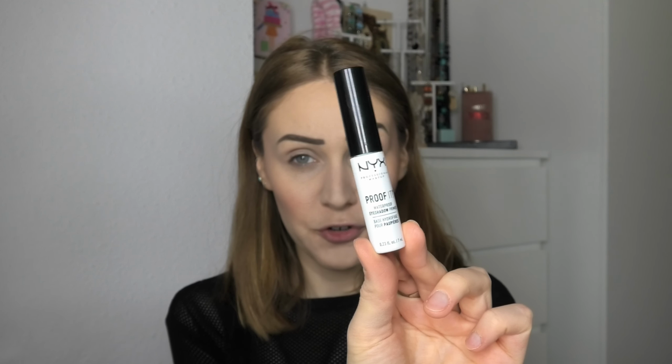And now let's move to the eye makeup, and I will prime my lids using this eyeshadow primer from NYX Cosmetics. It's called Proof It, and I will use my finger to blend it, and then to fix the eyeshadow primer I will be using the finishing powder from NYX Cosmetics and apply it with a concealer brush like this